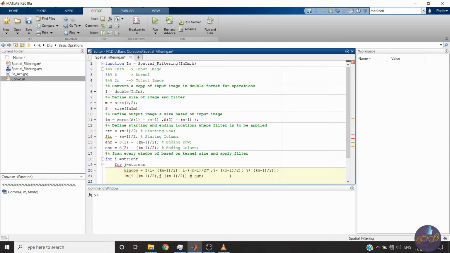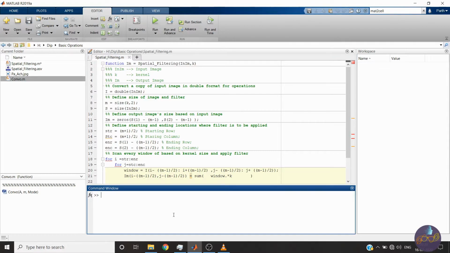First we will multiply window dot star k. Here dot star means it will be multiplied piece by piece. Let me tell you how. Suppose this is our matrix, then I will take E equal to 2 3 4, 4 3 2 and 7 8 6.